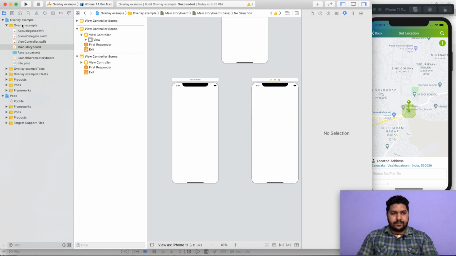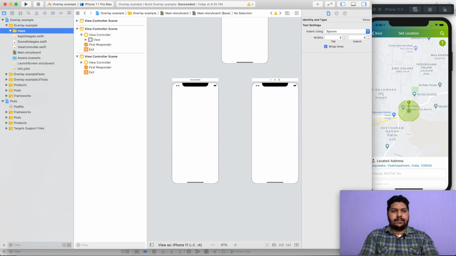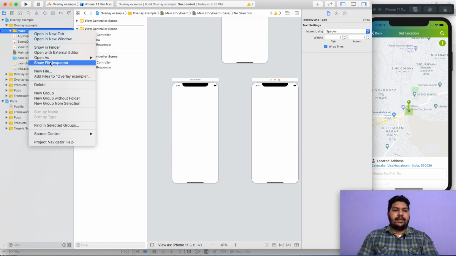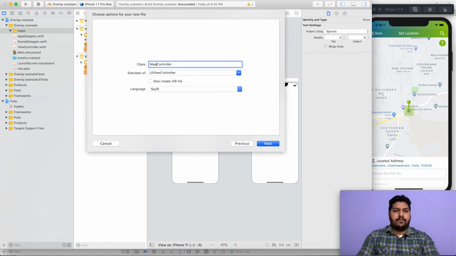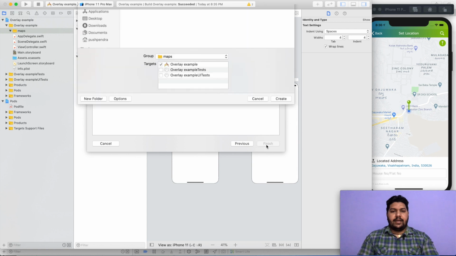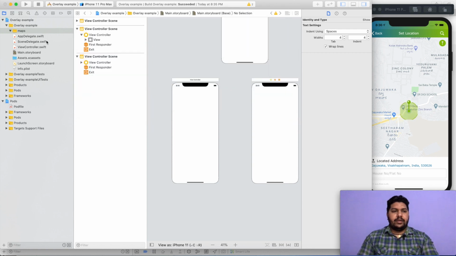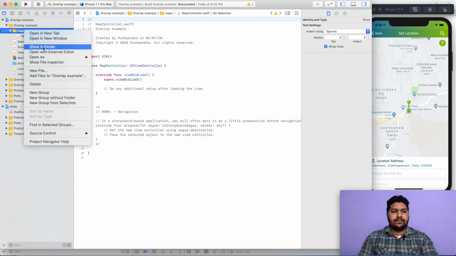Now I will create a separate folder for these maps, and a separate file, one file for the map controller, and another for details.